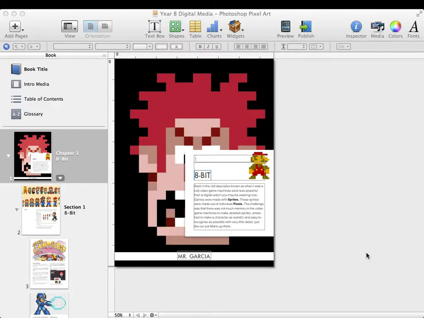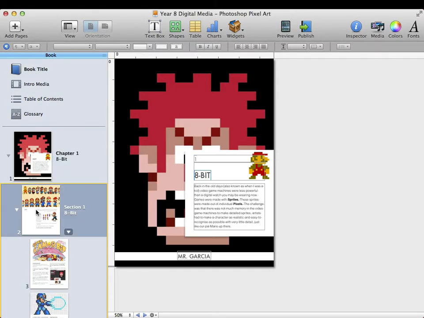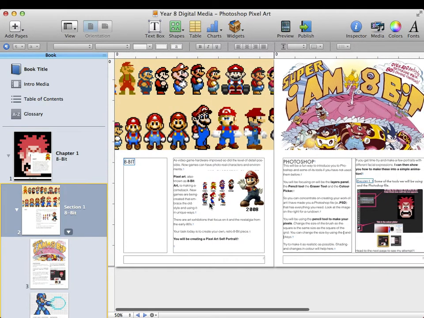Excellent. So, what I sent you guys to do in your iBooks, obviously still a little bit different because this is how I make the iBook, so I can show you both at the same time. So we talked about pixel art, okay? And pixel art is basically, back in the old days, you guys were not alive, they had, you know, the